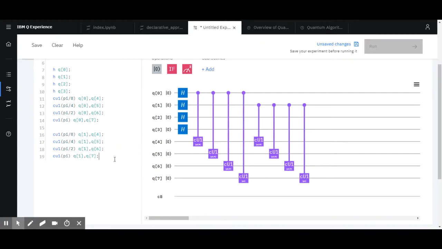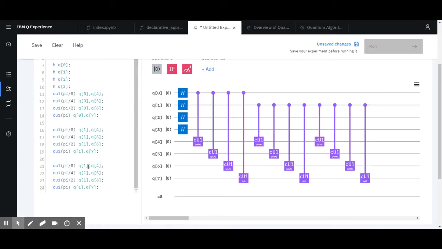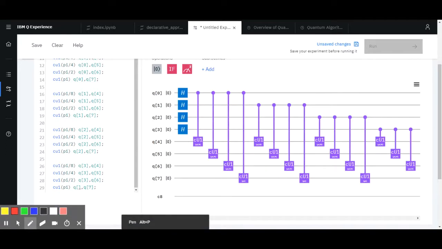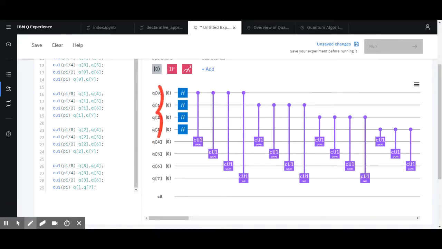So you can do that and then go 2, 2, 2, 2, and then 3, 3, 3, 3. So what you're doing is encoding those numbers to each of those elements in the superposition. So this is your superposition, and